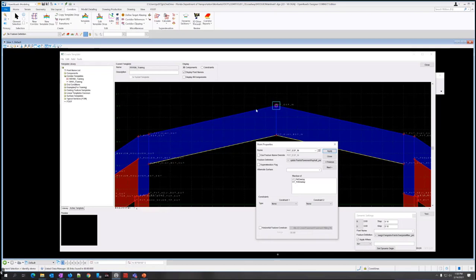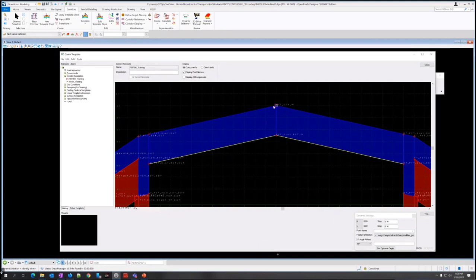So you can adjust the widths and things like that. In this case, we just want this to follow the alignment that we put in, which is, I believe, the center line of the roadway. So we are turning the constraints off. Because this is the origin point, it doesn't need any other constraints.